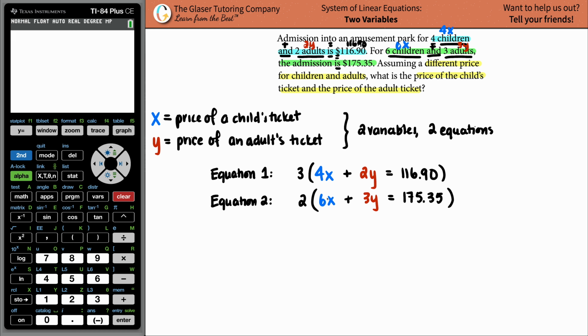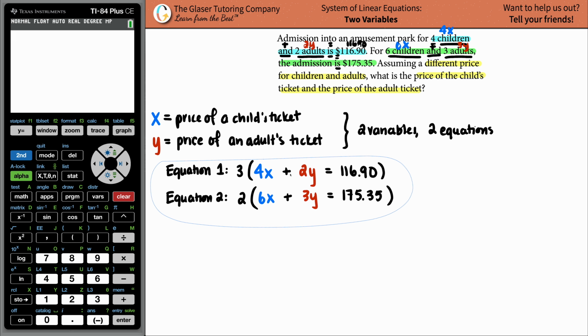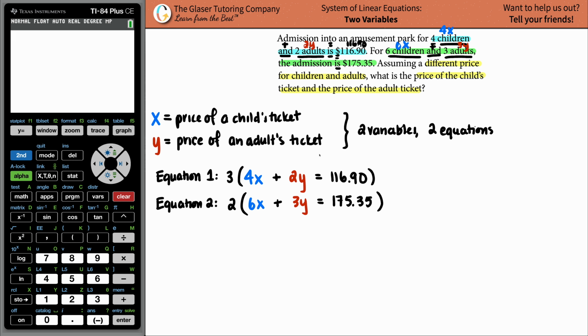So if we do that, I'm just going to make my new equations over here. You got to be fair though, right? I got to times that 3 by each value in my equation, and the same thing with the 2's. So if I do that, we're now going to have 12x plus 6y, and this is going to equal, let's see, 3 times